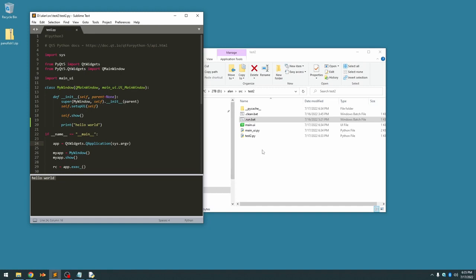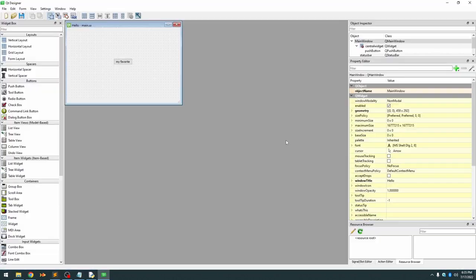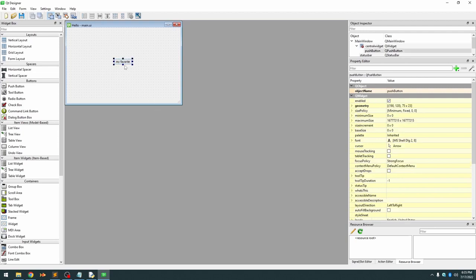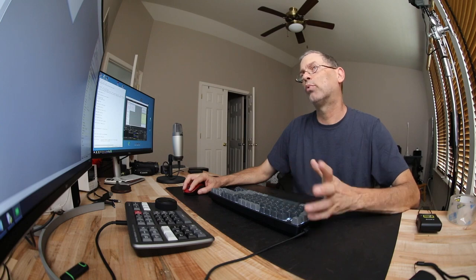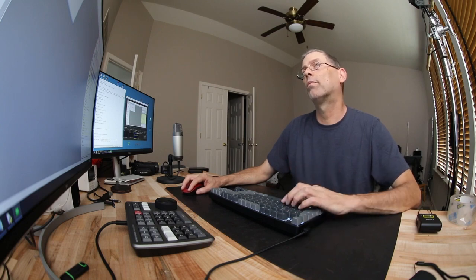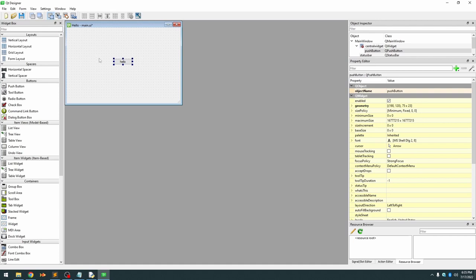So let's update our UI with a couple other changes. I want my button to actually do something. So I'm going to have it say hello, and when I click it, I want it to print out the word hello in my log window. So to do that, we need to know what is the object name of our hello button. And in this case, our object name is push button with a capital B. So if we save this